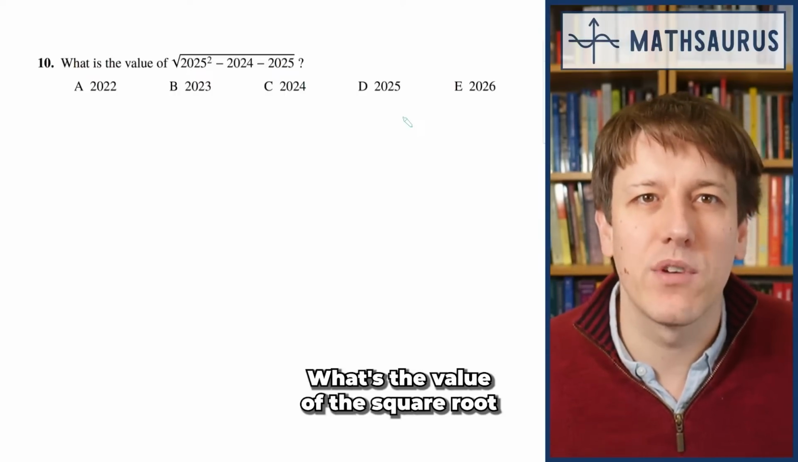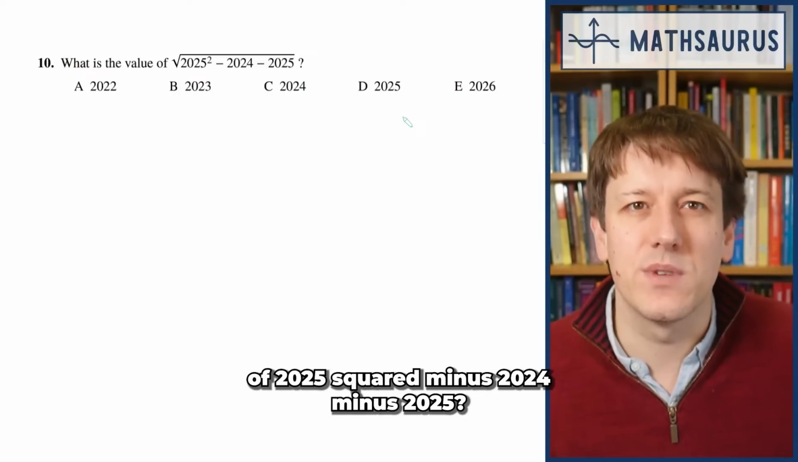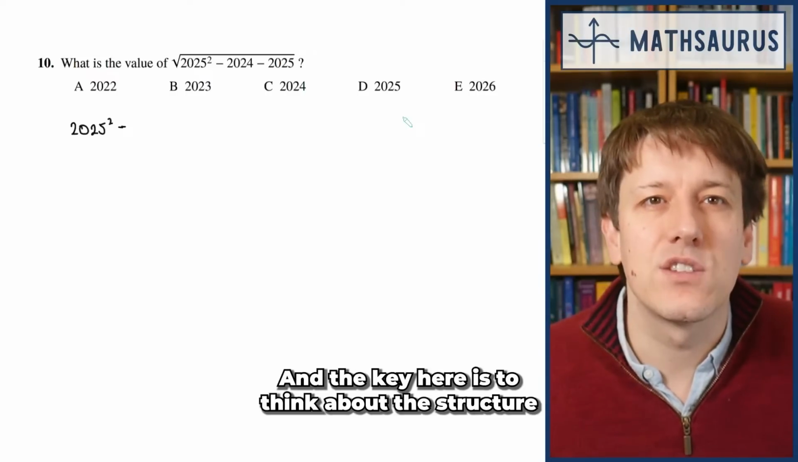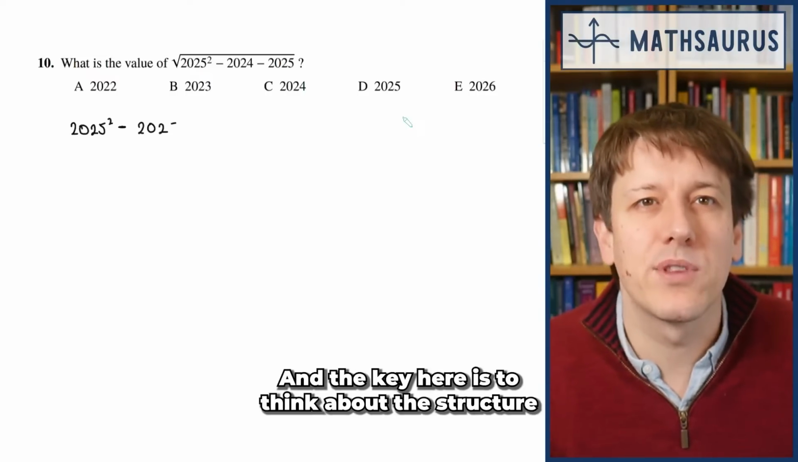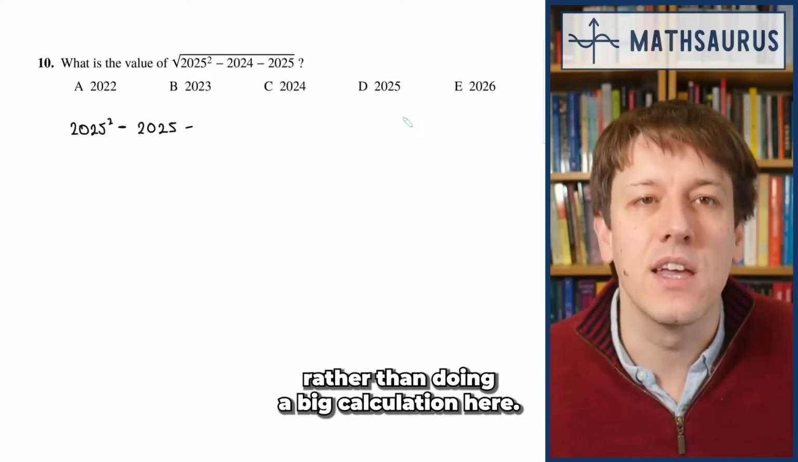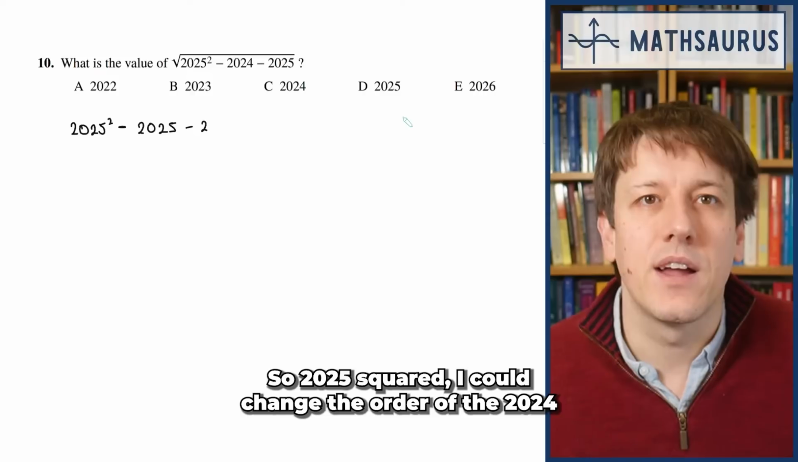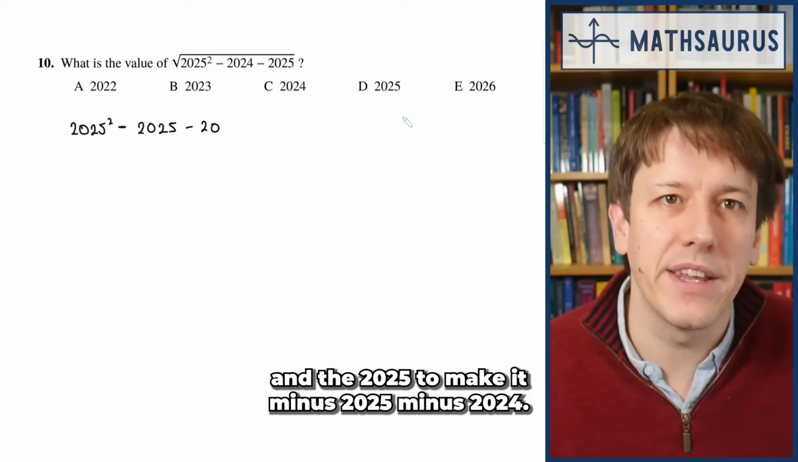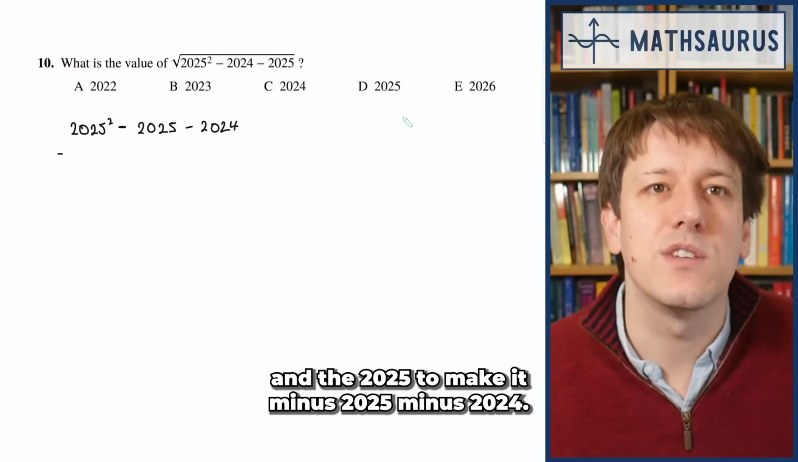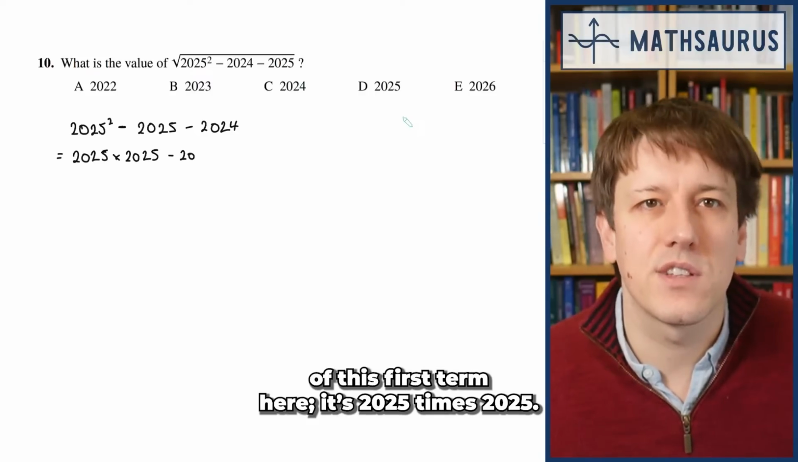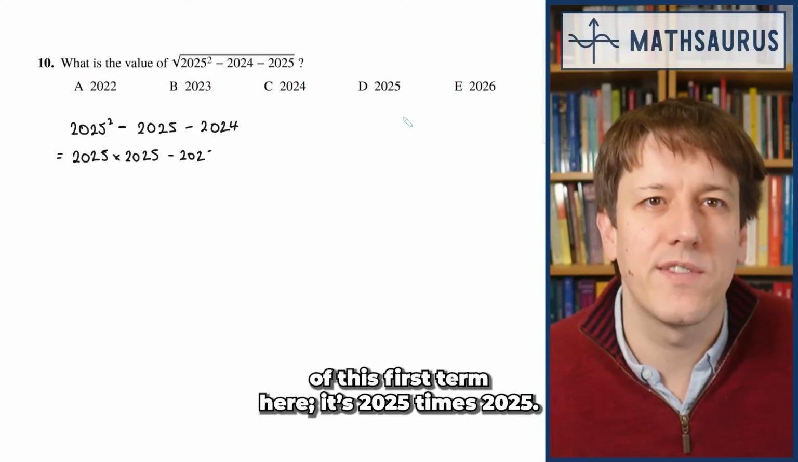What's the value of the square root of 2025 squared minus 2024 minus 2025? And the key here is to think about the structure of what's inside the square root rather than doing a big calculation here. So 2025 squared, I could change the order of the 2024 and the 2025 to make it minus 2025 minus 2024, because then I'm really thinking of this first term here as 2025 times 2025, and then